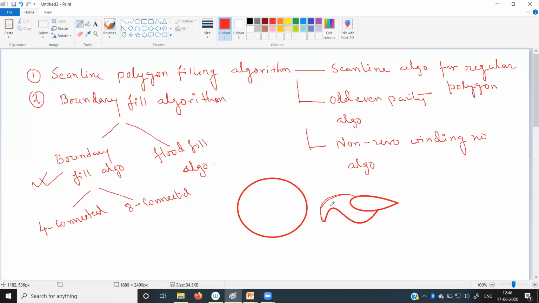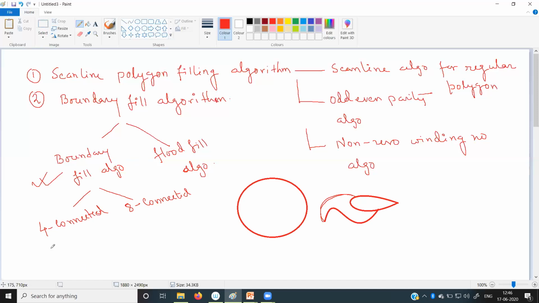In that case, how can we fill color inside that polygon? For those cases, the scanline algorithm, which only works for polygons whose edges are made of straight lines, will not work here. We have to go for the boundary fill or flat fill algorithm.